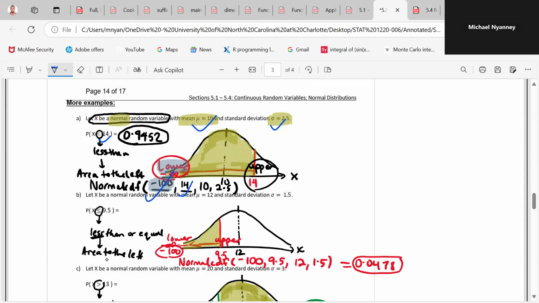Then you choose your upper bound. Your upper bound should be unique. That is 14. And the mean is what? 10. We have it here. The standard deviation is this. Note, I repeat, if you are given the variance, note that you convert it to standard deviation before you use it. So let S be a normal random variable with mean